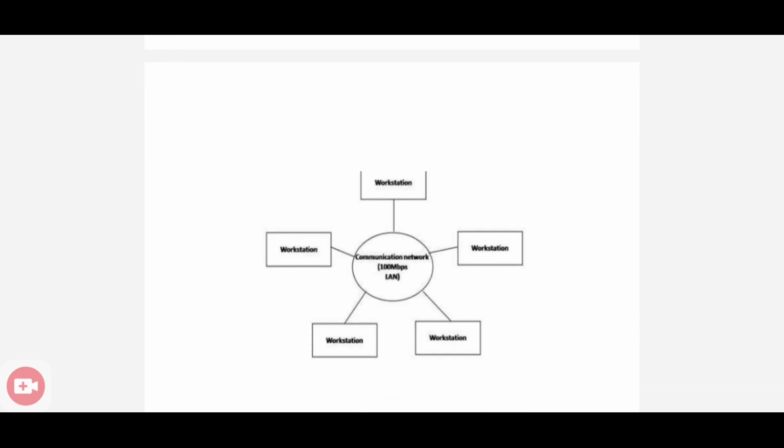So in the figure of the workstation model, a communication network is there. It's a high speed LAN, and by using that high speed LAN, we can connect all the workstations. Each workstation can act as a single user computer. A particular user can log on to a particular workstation, and also there is the property of remote accessing or resource sharing. For that purpose, we are using a high speed LAN here. Clear?